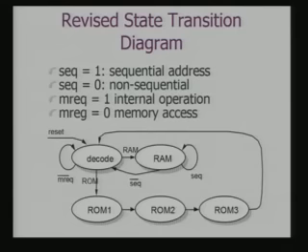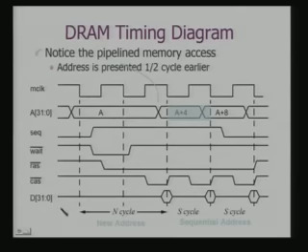So, effectively the finite state machine that defines a controller for the bus transaction would look something like this. Depending on whether it is sequential or not, this is the sequential case I am doing here. So, effectively I know that in this state I shall activate the CAS only case or RAS CAS depending on the condition. Otherwise, when it is a ROM access, I have to go into a wait state, particularly when there is a memory request. So, the timing diagram would look something like this.